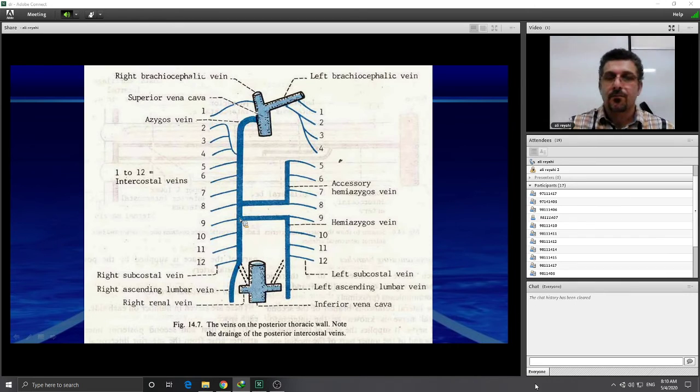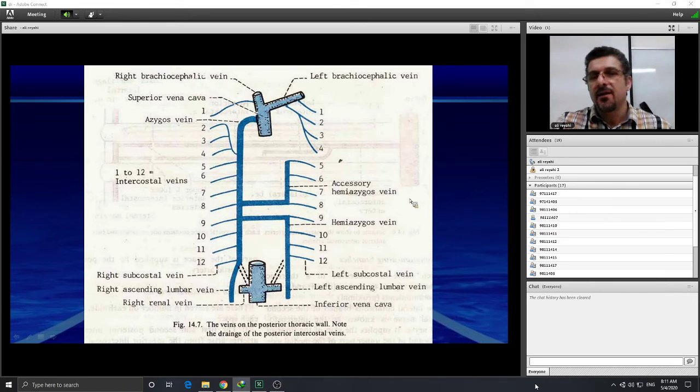All right. Therefore, the hemiazygous vein gets the 9th to 12th posterior intercostal veins on the left side, as you see in this diagram. All right. We've got another azygous vein on the left side,